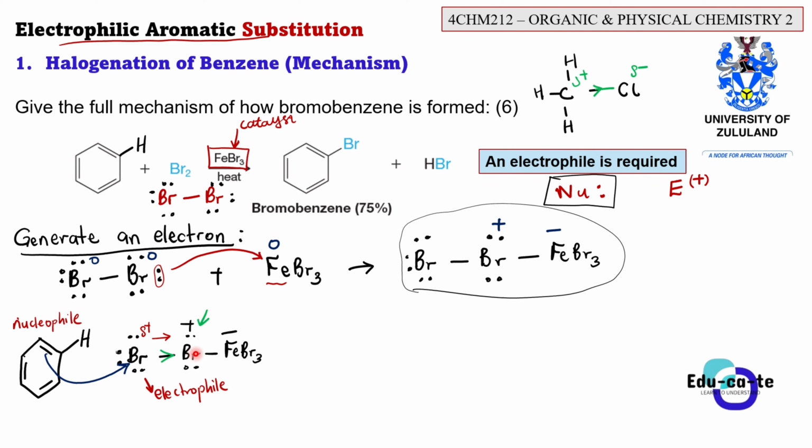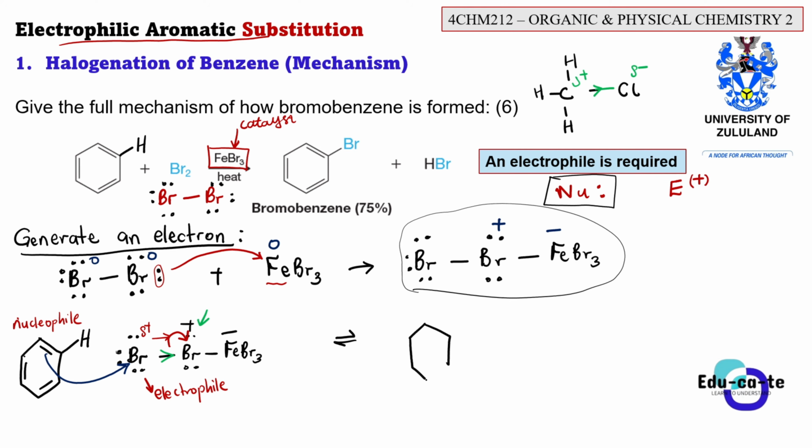The bond between this Br and this Br plus will break and its electrons will go to this bromine. So basically remember that each and every bond has got 2 electrons. So the moment this benzene ring gives its electrons to this bromine, the bond between this Br and this Br plus, these 2 electrons in this bond, ladies and gentlemen, will now move to Br, okay, to make it neutral again. And now what is the result of that? The result of that will just give us something like this. I think this is something reversible, but basically you're going to have your benzene ring.